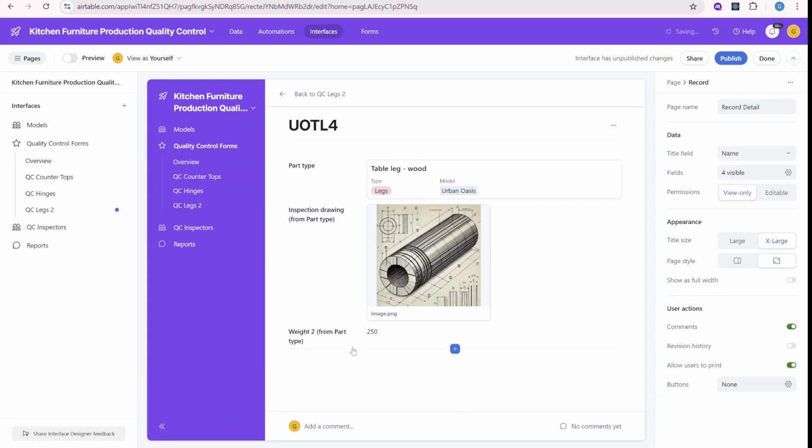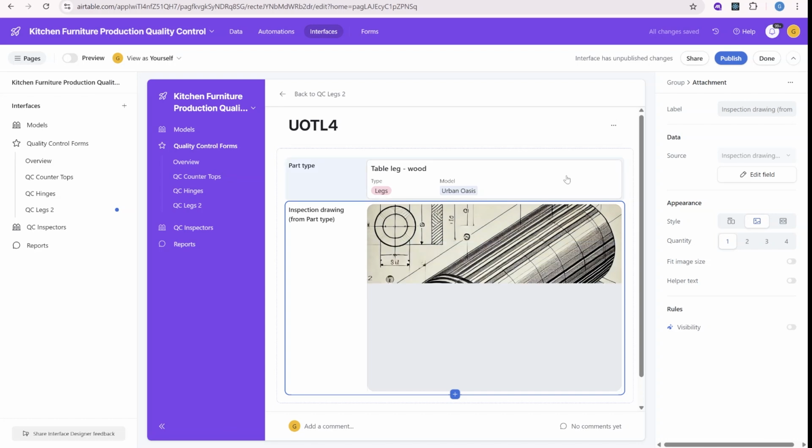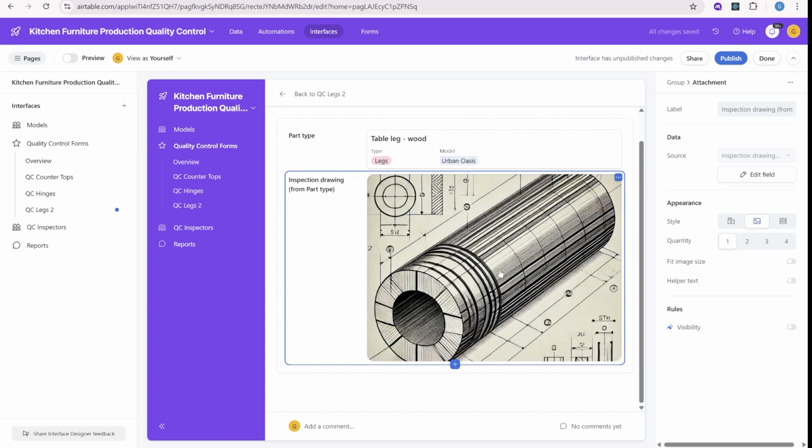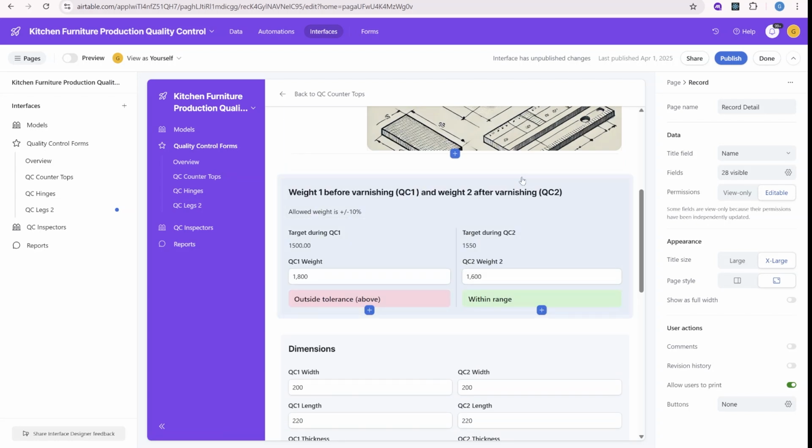I like the image, but I would like to have this in a bigger format. So it can be either a hero, or if we have multiple images, then we can have a carousel. In this case, I would do it as a hero. And now for this quality check part that you can see in this interface over here, I'll create a new